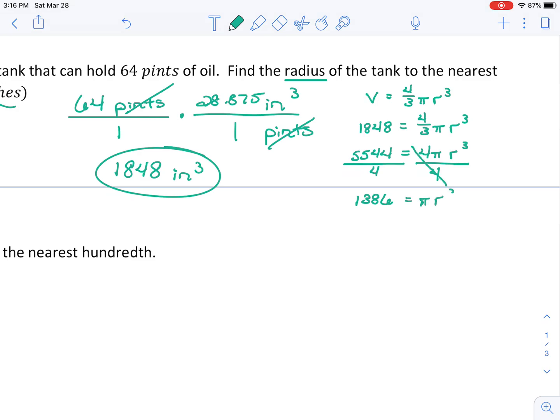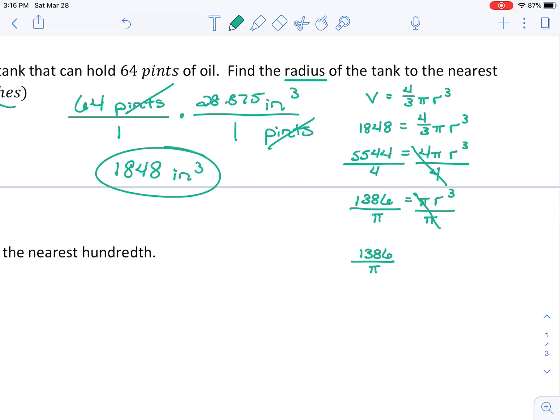And when I do that, I get 1386 equaling pi r cubed. Because if you divide by pi, or when, because we will eventually have to divide by pi, yes, it cancels on the right, but it absolutely doesn't on the left. If you type that in your calculator, you're going to get a terrible decimal that starts with 441. I don't want that. I would like to round at the very last minute,